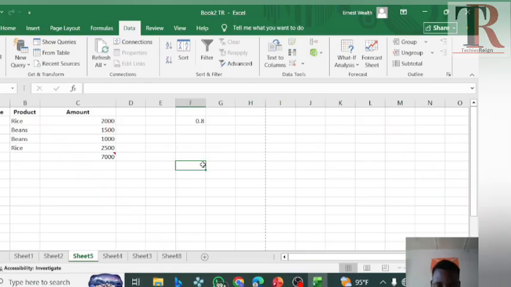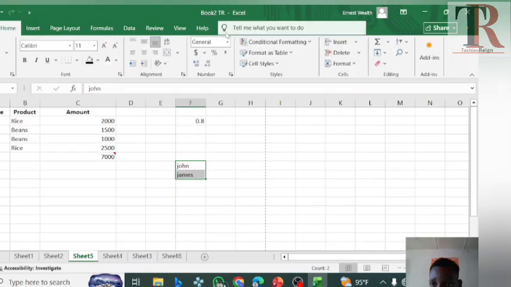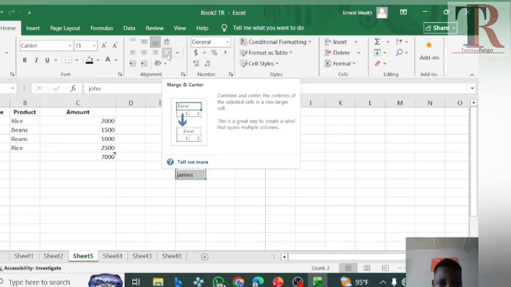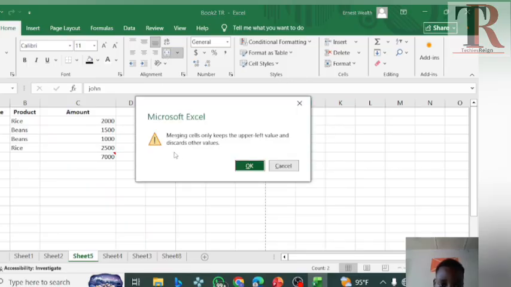Then we'll add John and James. We want to join these two together. We highlight this cell. We want to join the two cells together. We come over to our home button, go over to alignment, merge and center. Once you click on it, Excel will tell you merging cell only keeps the upper left value